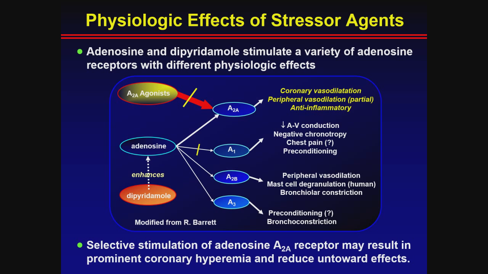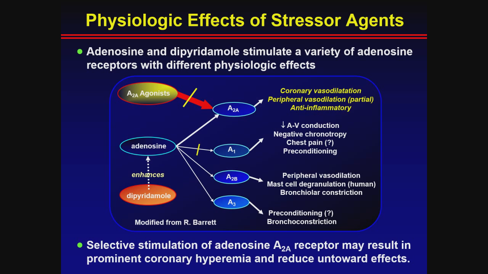So of course that was done over the years. Dipyridamole was the first agent. Adenosine, which is actually the natural agent, was pushed here in terms of using it as a pharmacologic stressor agent. And then, of course, more recently, the A2A agonists, which are semi-selective in that they stimulate the A2A receptor, but